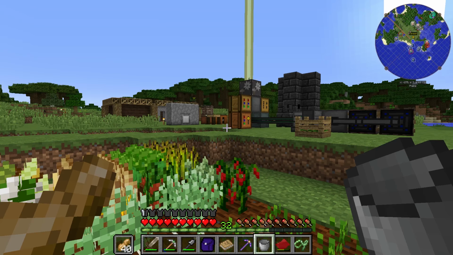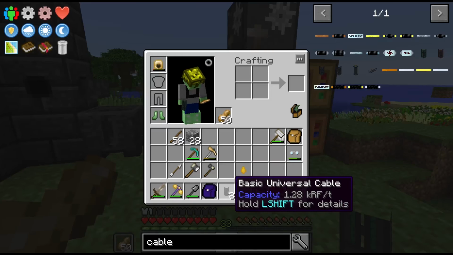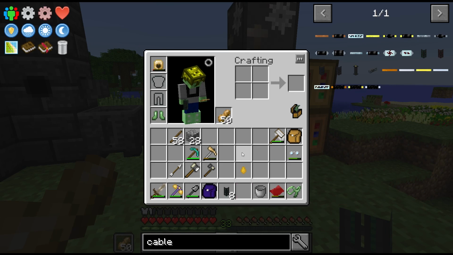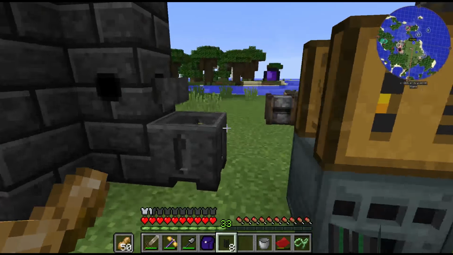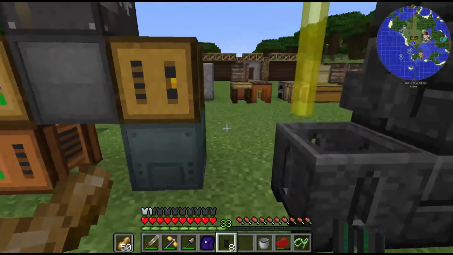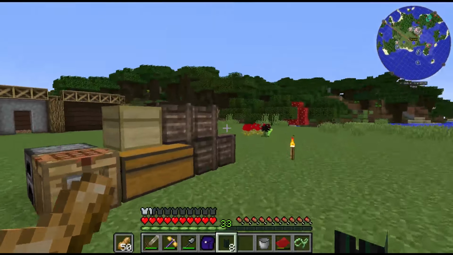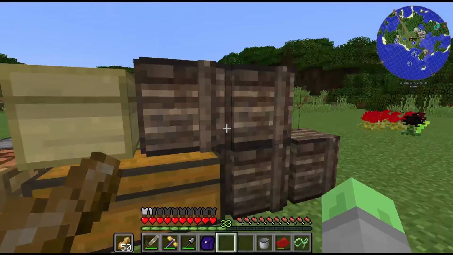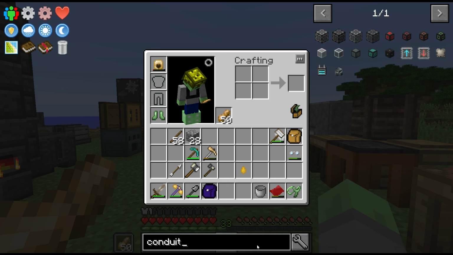refined storage mod. So I figured out that these mechanism cables, they're cables from the mod Mechanism, are not working right now, even though they really should be. Anyway, they weren't transferring power to any of the machines that they were connected to, and so we're just gonna put those away and go to something that I know is more reliable, and that is the conduits from